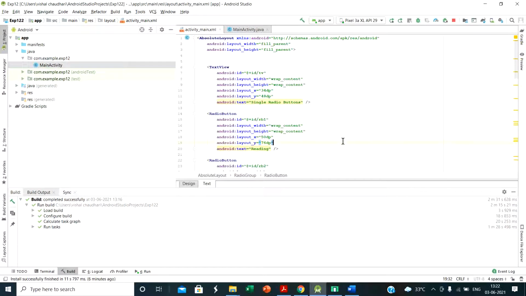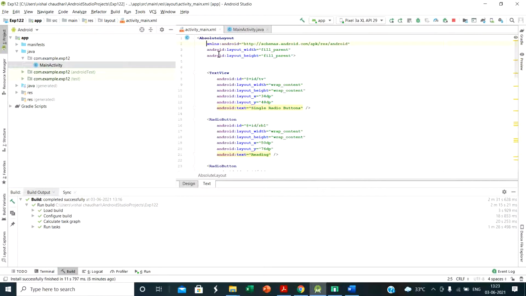Okay, so let's see. First open a new project, give the name experiment 12, choose empty activity, and then these two files open: activity_main.xml and MainActivity.java. So here we use the absolute layout and give some attributes of absolute layout, android:layout_width, height.